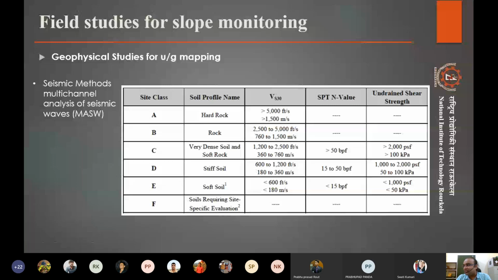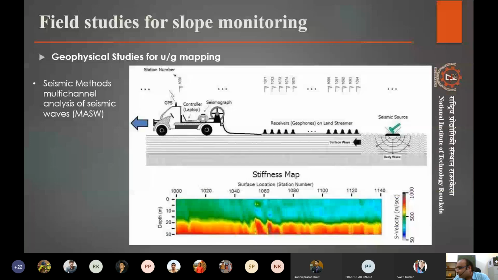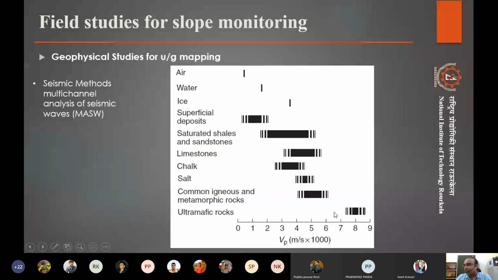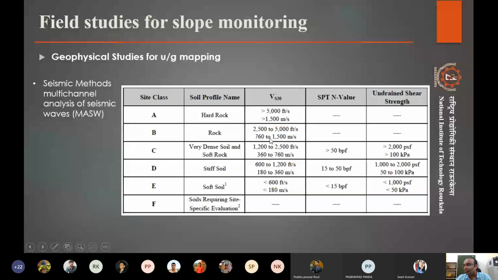If we look at these materials with these velocities in the first curve, we saw that the top portion, the blue portion, is around 250 somewhere, while the red portion is somewhere around 750, right? So we can convert those values: 750 or 760 can be in the rock category, while 250 or 300 can be in the category of soft soil or stiff soil, right? In that sense, we can get a good idea of what we are working with.